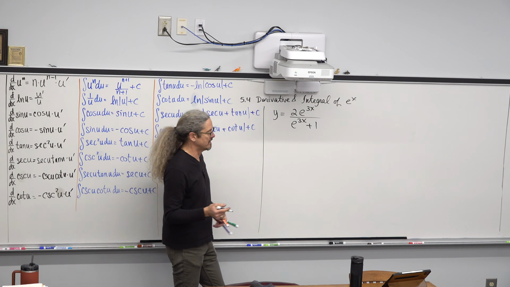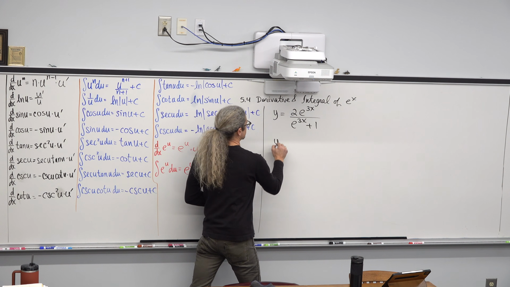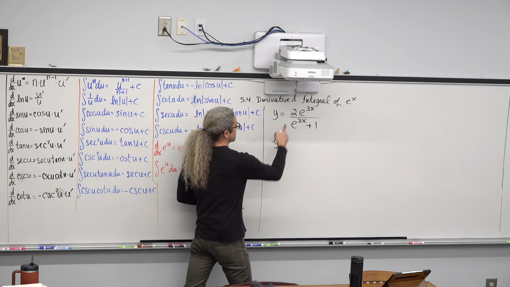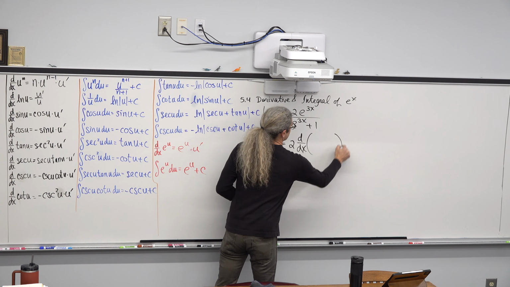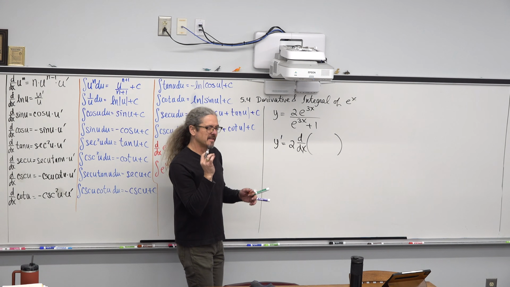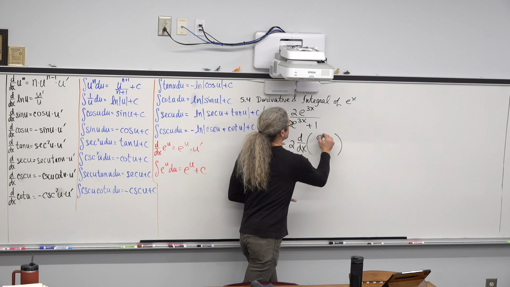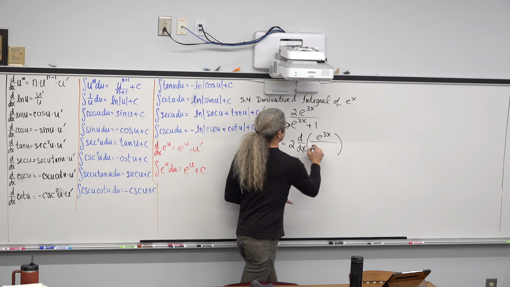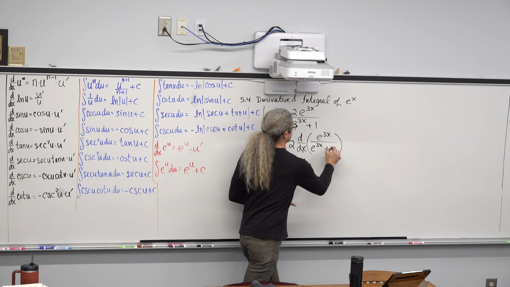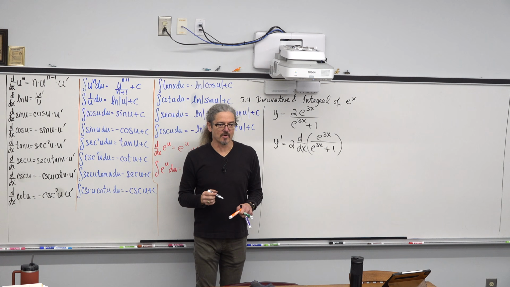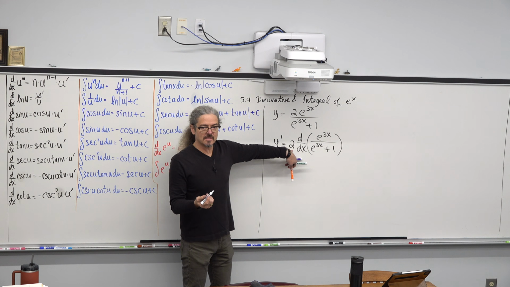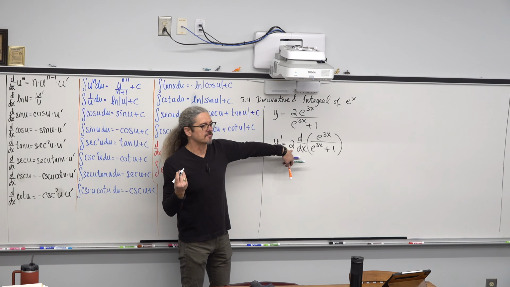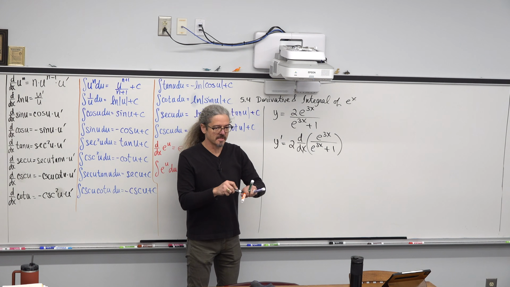My notes are a little bit different, but I've got more years of experience. You may want to take this 2 and move it out in front of that function, and so you have a little bit simpler arithmetic and hopefully simplification process as you take that derivative or integral. So that 2 in front of the e to the 3x, I would suggest maybe some of you take that 2 and move it out, in this case, in front of the derivative function, so you have a little bit simpler process simplifying your answer.